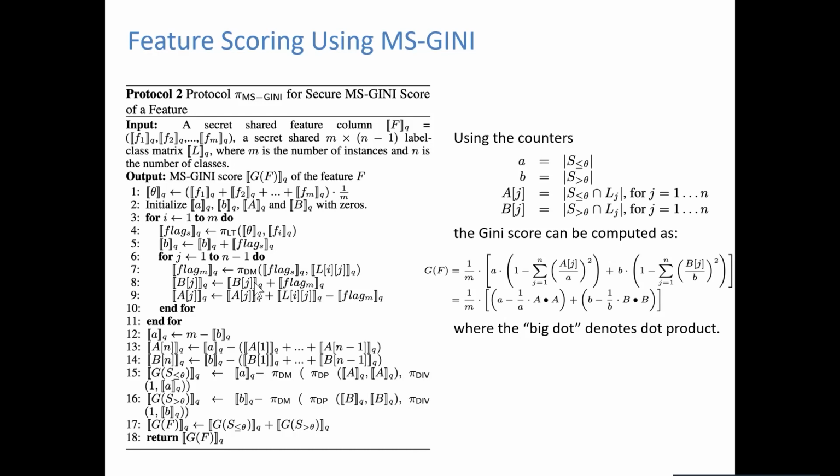So essentially what you need to do here is compute some inner products of A with itself, of B with itself, then do some secure division by the value of small a and by small b. And then in principle, you need to do a division by the value of n. But do you really want to do this additional division?